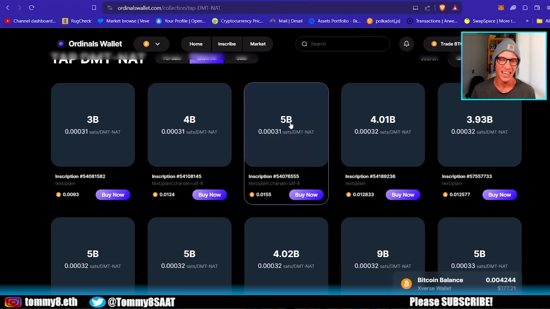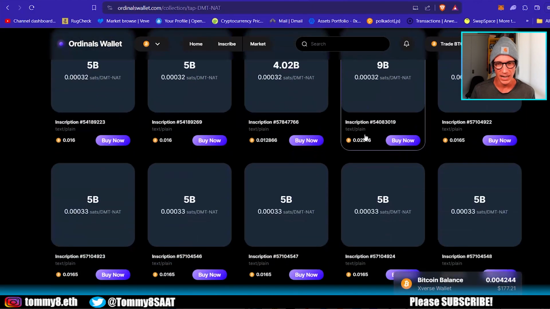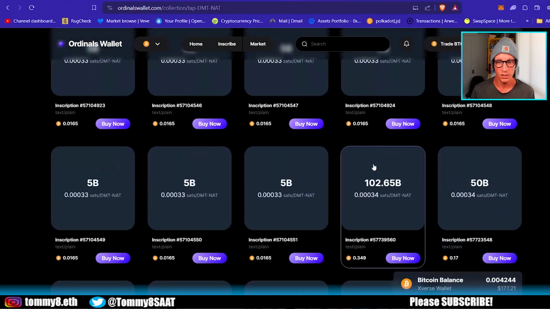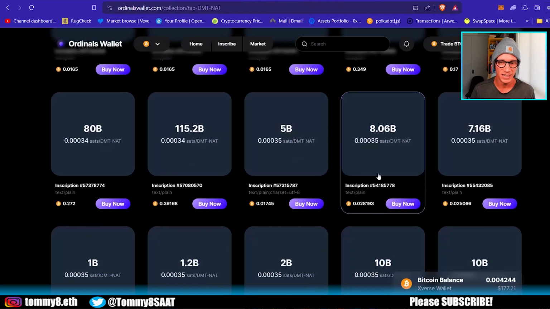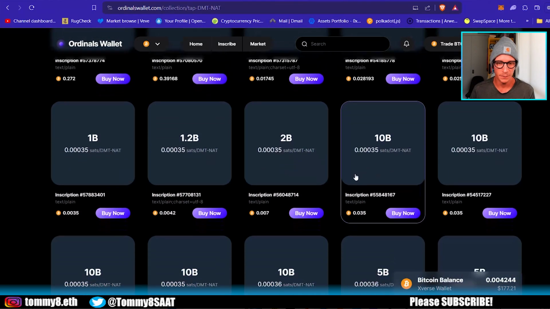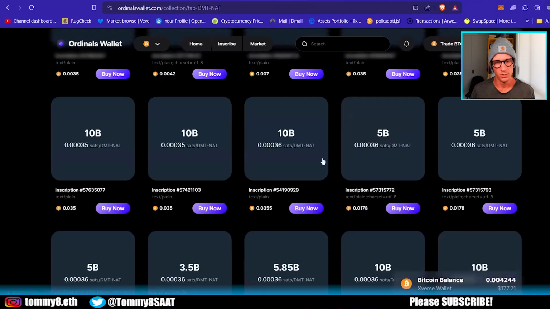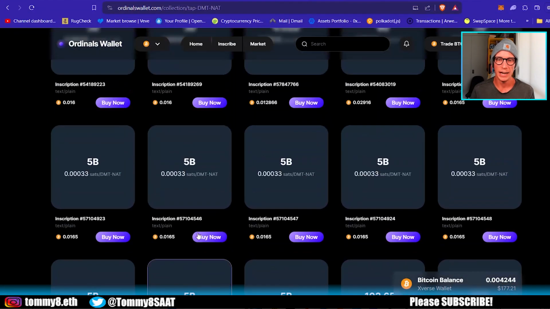0.00031 for each sat, and if it's 5 billion sats, it's going to cost more than if it's 1 billion sats or 500 million sats. Depending on what you want to get, I just bought a really cheap one at 500 million because it was very affordable, and I didn't want to spend a lot of money, like 0.3 or whatever on a 10 billion one. There are rarer ones too, but I just wanted to get one